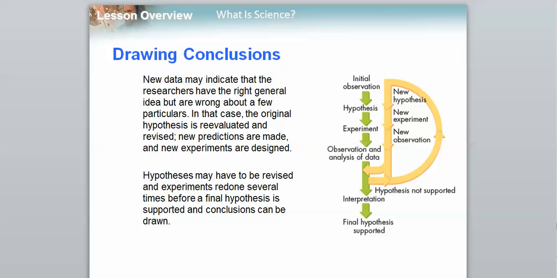It says new data may indicate that the researchers have the right general idea, but maybe they're wrong about a few particulars. In that case, the original hypothesis is reevaluated and revised, new predictions are made, and new experiments are designed. Our hypothesis may have to be revised and experiments redone several times before a final hypothesis is supported and conclusions can be drawn. So again, don't write this all down. The main gist of this is that once we draw a conclusion, we can't accept that to be a